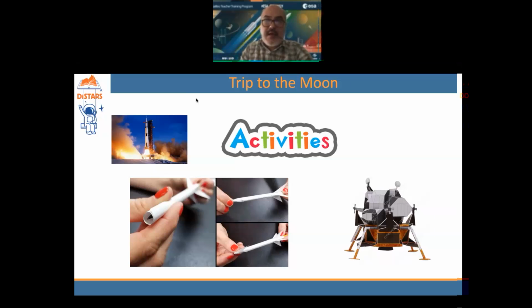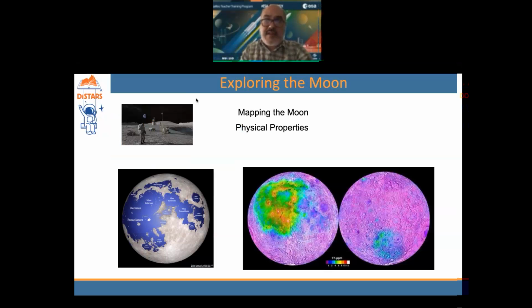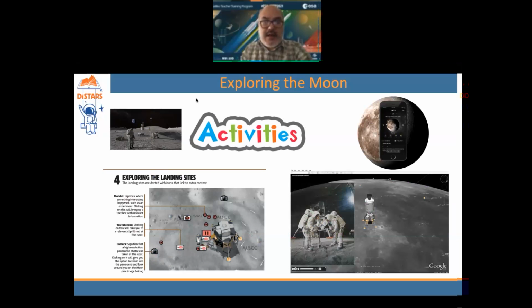The third booklet is about exploring the moon. So exploring the moon is what do you know about the moon, our satellite, what kind of resources we can find there, mineral resources, the physical properties, the geography of the moon, the selenography, and also here digital resources play a major role in helping explore the moon, which we know with very big detail now, thanks to all the mapping probes that are around the moon today.